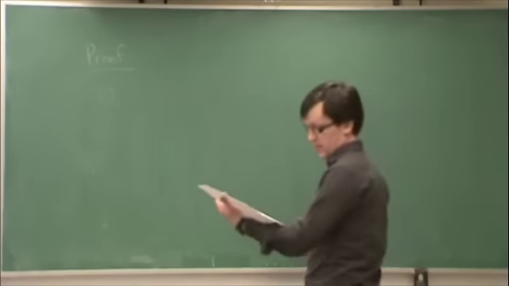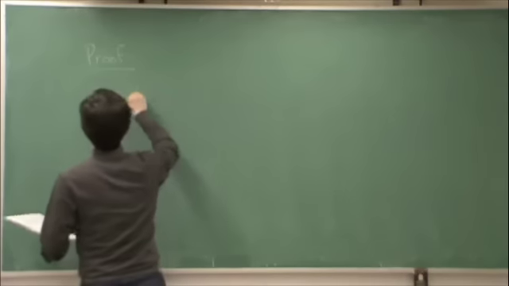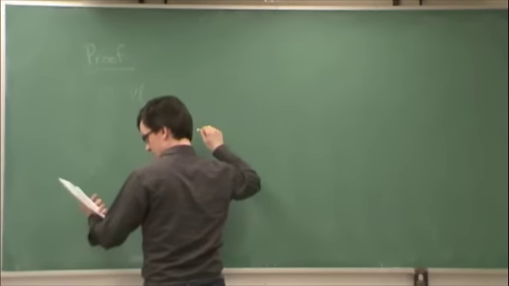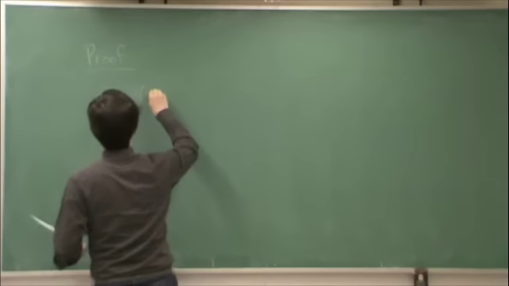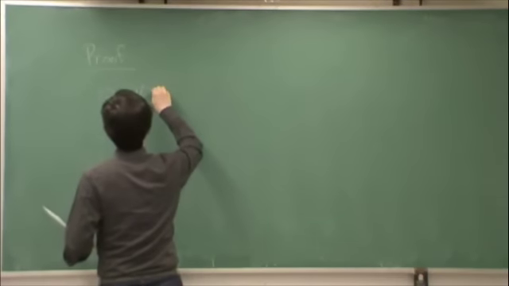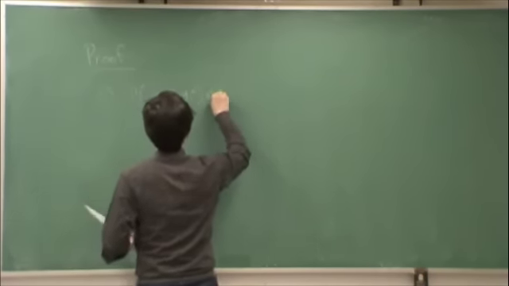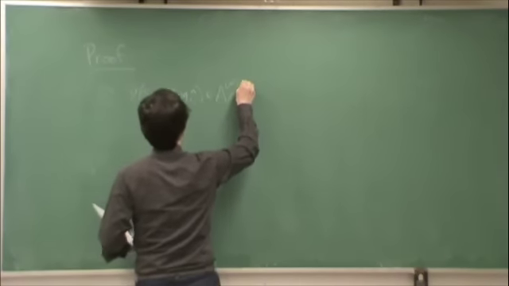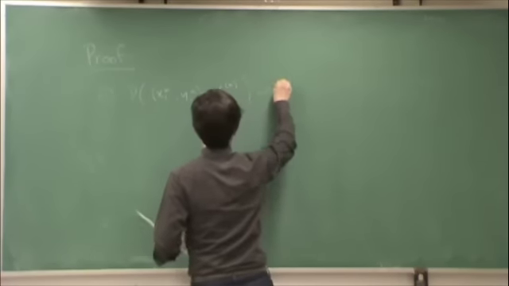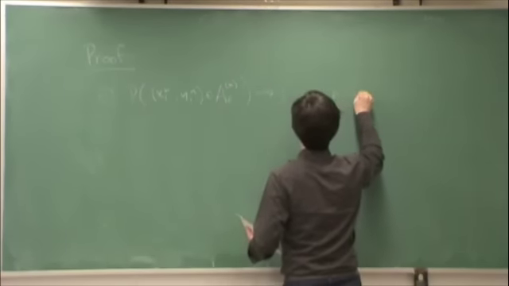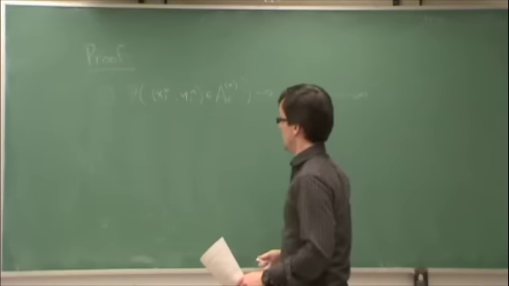The first statement was the probability of any particular sequence being in the typical set has to go to 1 as n goes to infinity. And we proved that